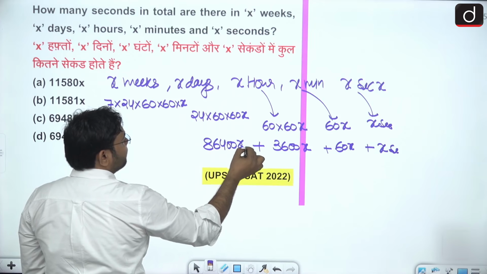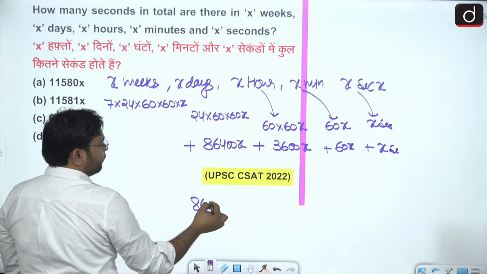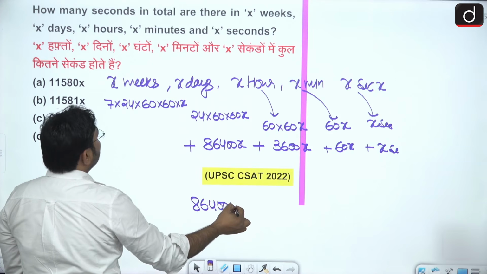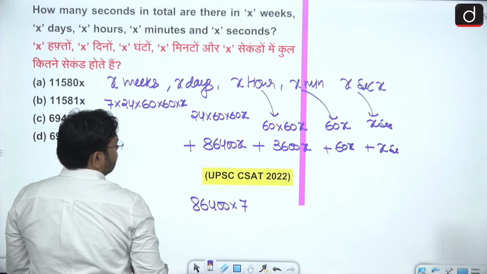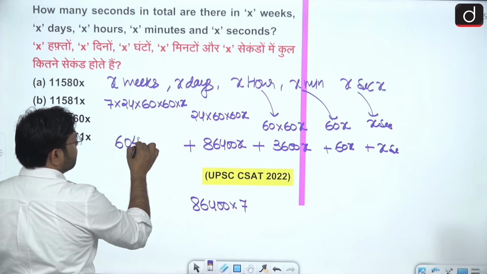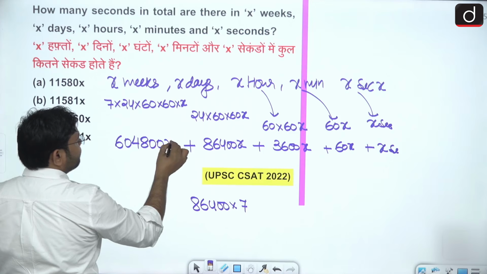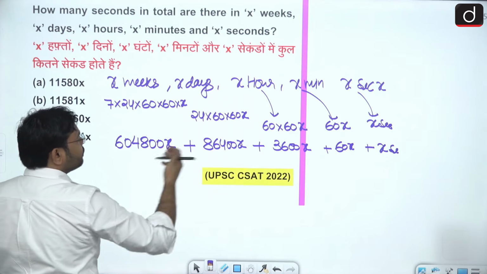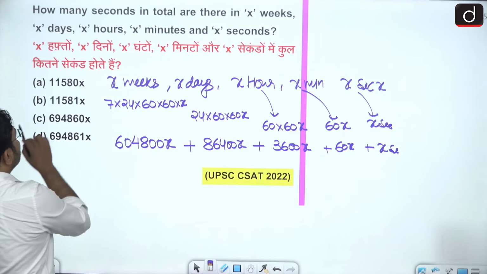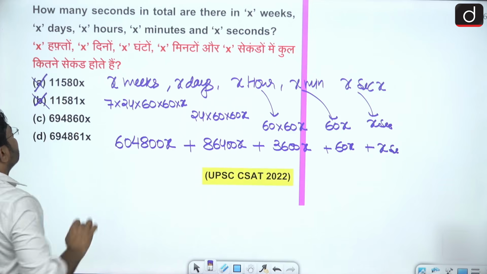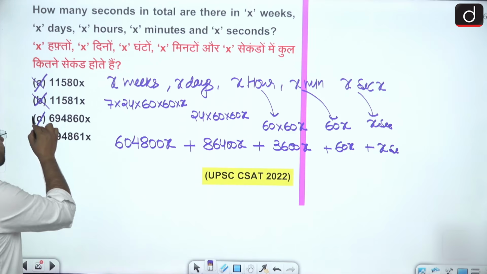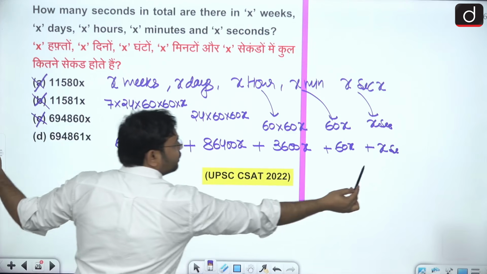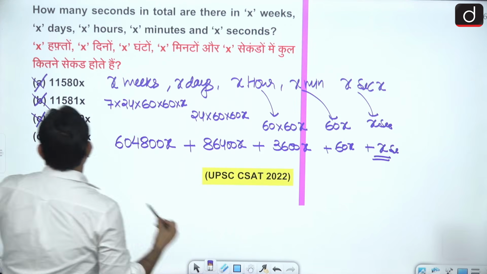86400 seconds into x plus now 86400 into 7, 604800 x seconds. So you need to add this one. If this is 6048, so you can say A and B is not possible. So possibility of just C and D, C is also not possible because last you need to add 1 second, 1x also. So answer is